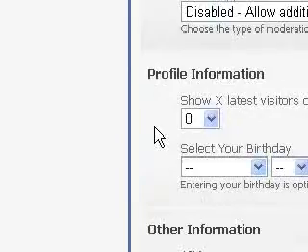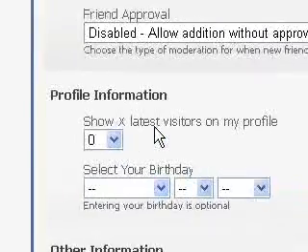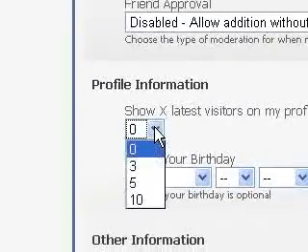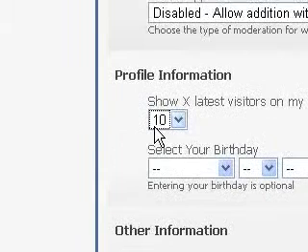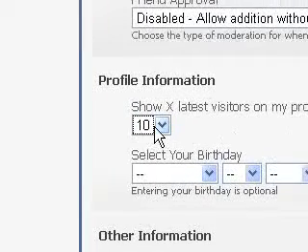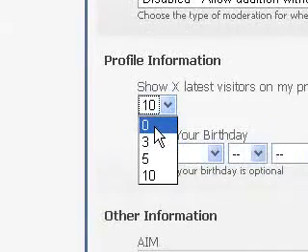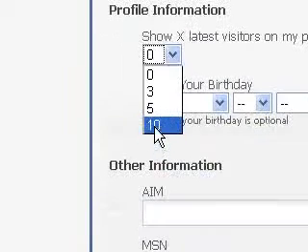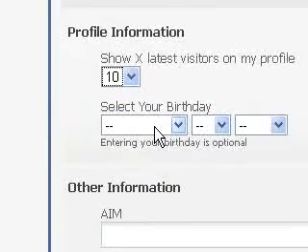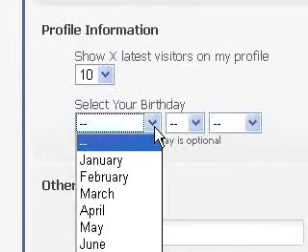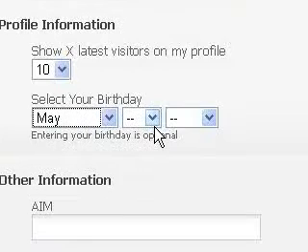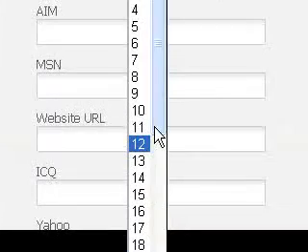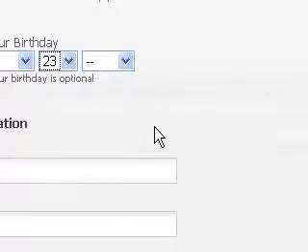Profile information, here we go. It says show X latest visitors on my profile. I like to see who's been looking at me, so I always put 10, but you can have 5 or 3 or none, it's up to you. Underneath is select your birthday, so it's important that you put your birthday in so that things like the calendar work properly. So in my case it's May 23rd,